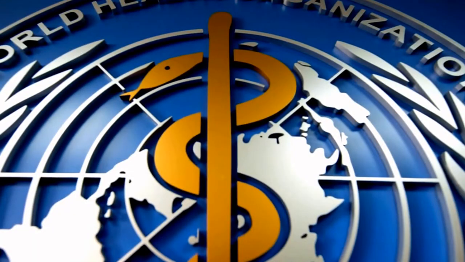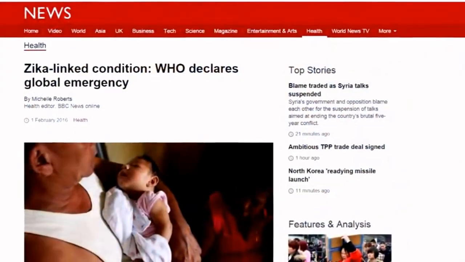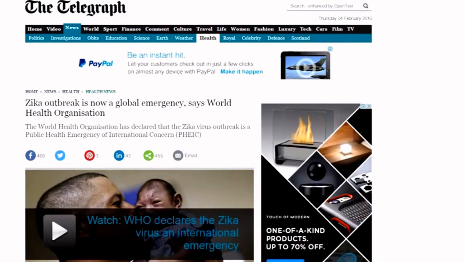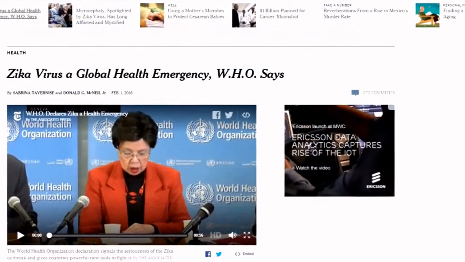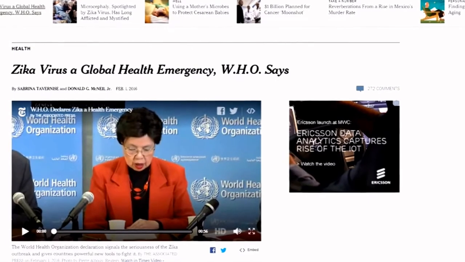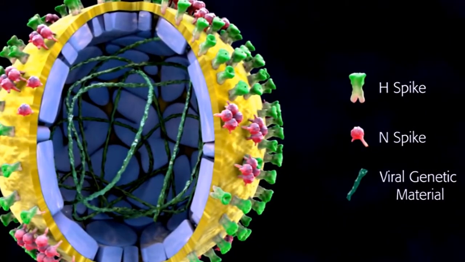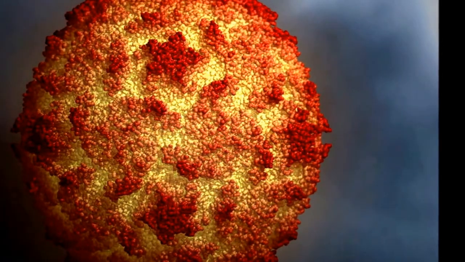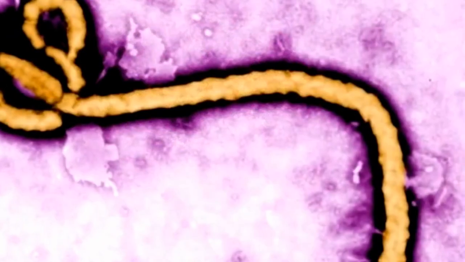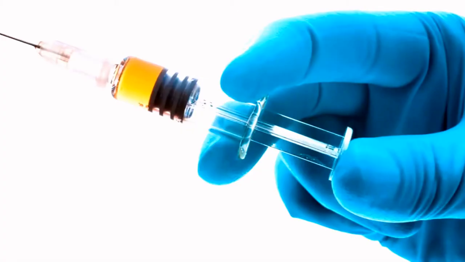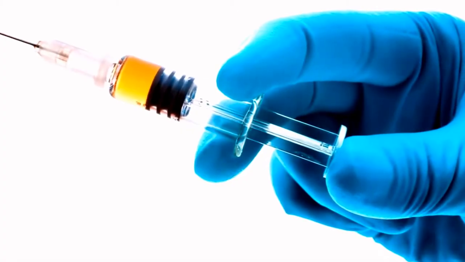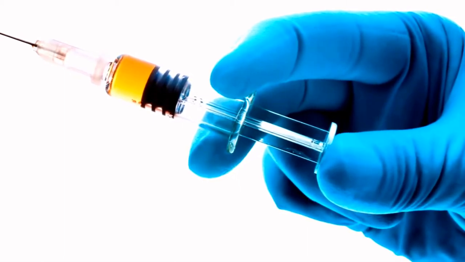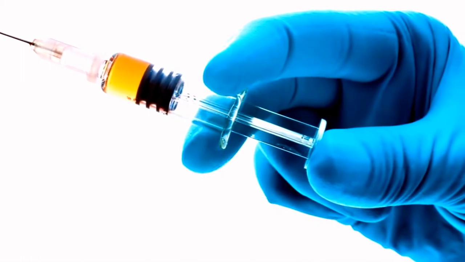The World Health Organization has called the situation a global health emergency. This will be the 4th time the World Health Organization declared such an emergency, with the previous 3 times being the outbreak of swine flu or H1N1 in 2009, the apparent resurgence of polio in 2014, and Ebola later the same year. As there is no known cure, pharmaceutical companies are already working on a vaccine to the Zika virus, whether or not it spreads out of control.